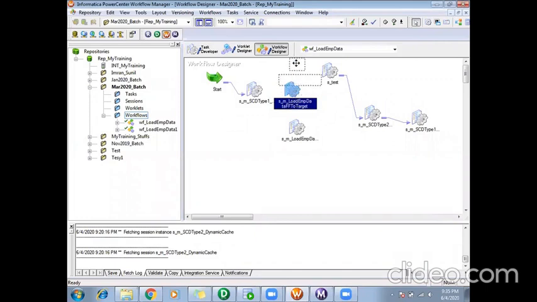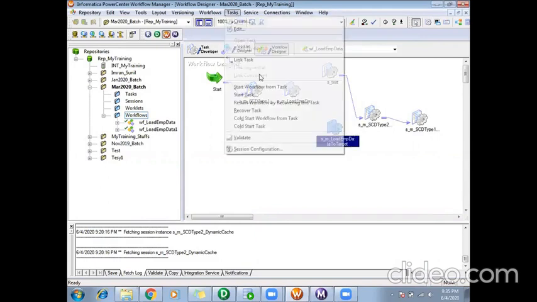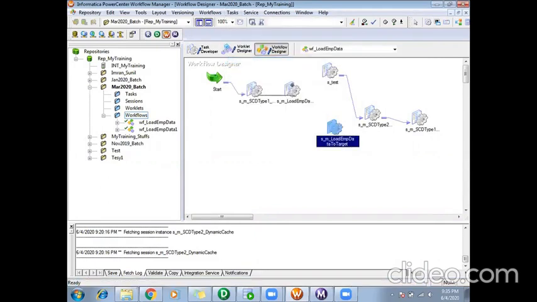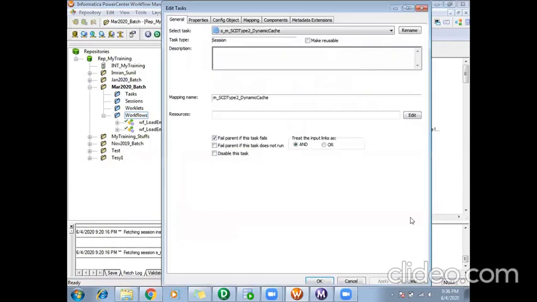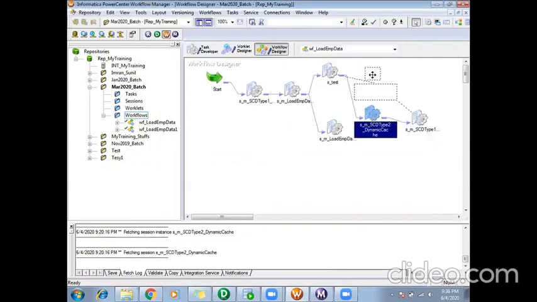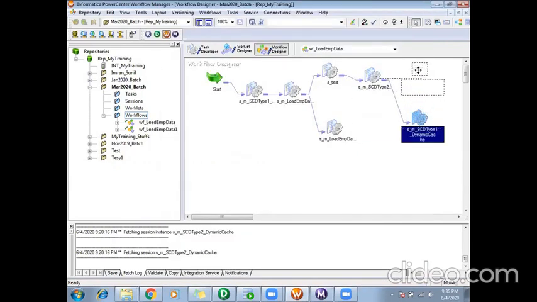Next, moving forward. Assume your workflow was something like this. This was the dependency. So you have created your workflows like this. In real-time projects, the workflows will be very complex.